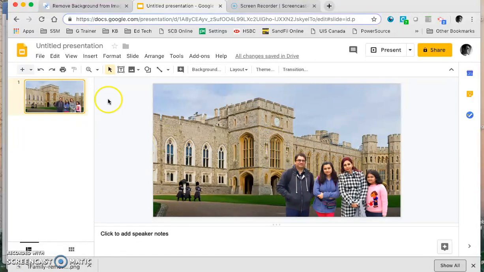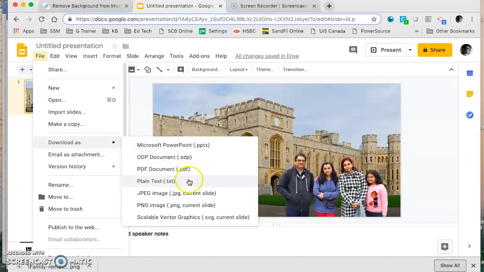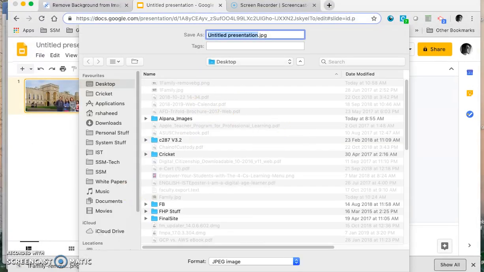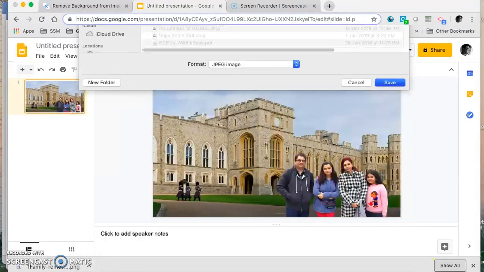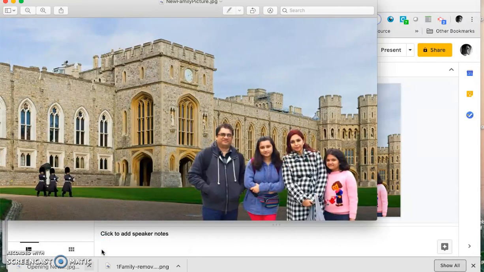So I can even save this file as a new PNG or a JPEG file. So I'm going to download this as a JPEG image. So I'm going to save it on my desktop again. Let's just call it new family picture. And it's saved on my desktop. If I just click on open, so here I have a new picture with my family in front of the